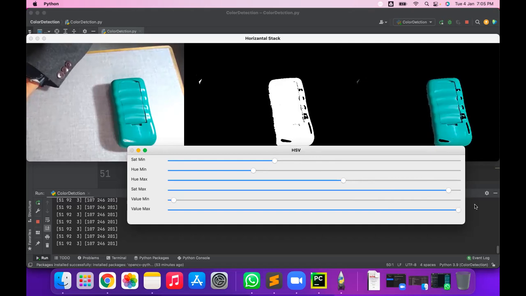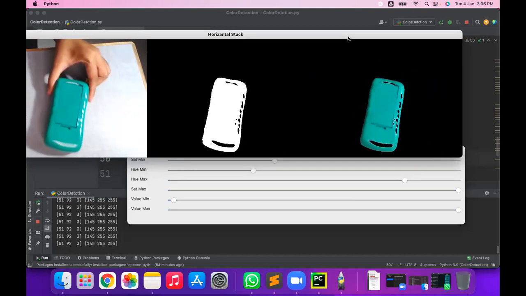So don't change the value max, but you can change the other values and get the proper value, which has no distorted output and no noise pixels. Now you see here.